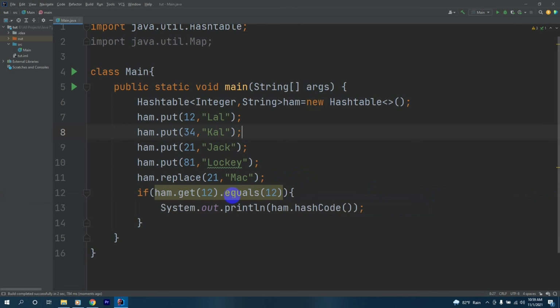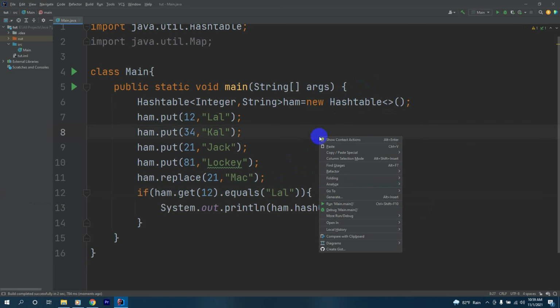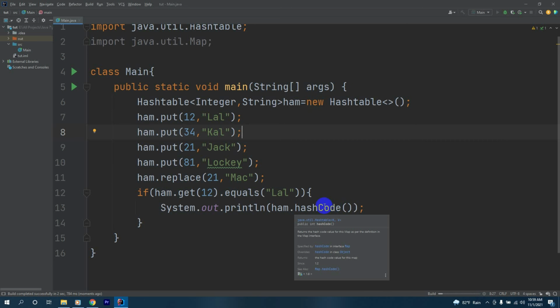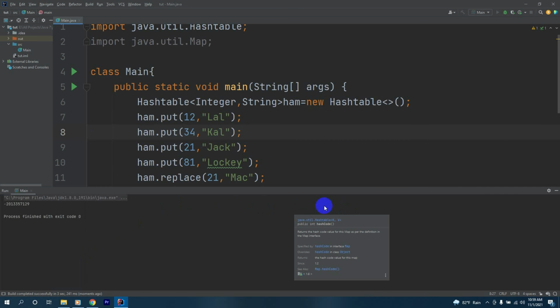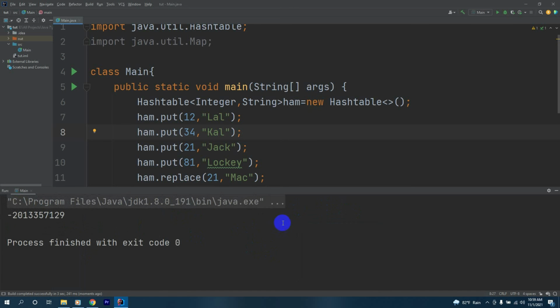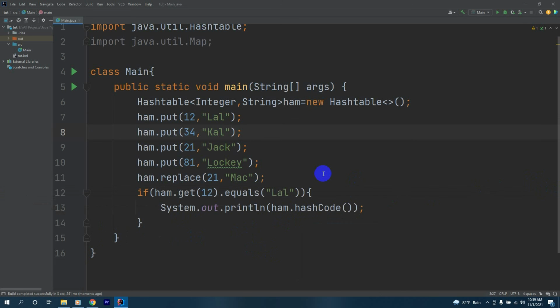This did not come because we haven't given a value for the equals value. We must give ham.get(12).equals("Lal"). Now let's see the output. Now we got our hash code, the hash code for the integer key string value hash table ham. This happened because here the ham.get value equals Lal. That's why we got the hash code when we ran this code.